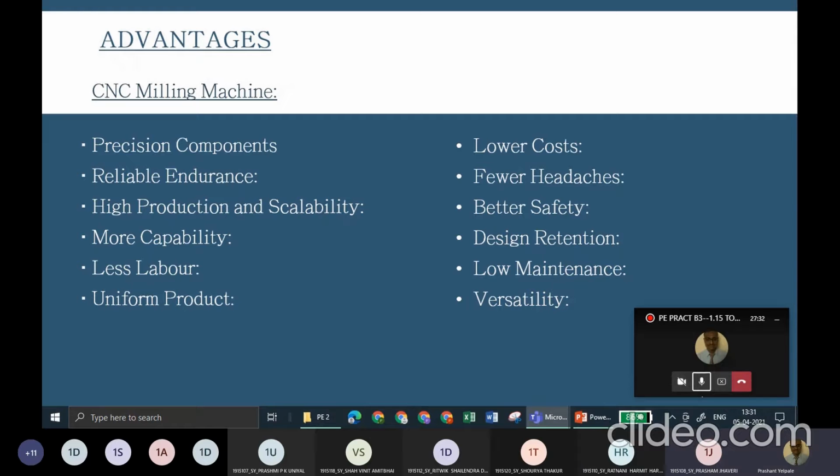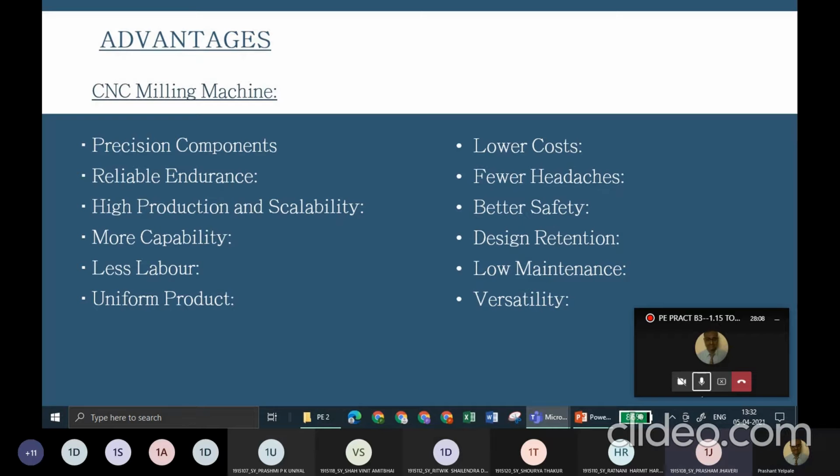So someone would say that if there are so many steps before setting up the machine, then why should we go for CNC? The main thing is that because of these many steps, you get a lot of precision and reliability. If your CAD is correct and if your tool paths are correct, you can be assured that the cutting will also be correct from the machine. Whereas in vertical, we have to manually drill it into the part, which can make the accuracy go a little bit off due to manual human error.